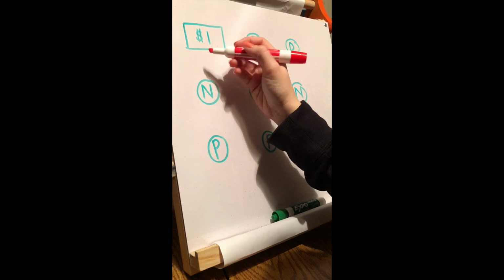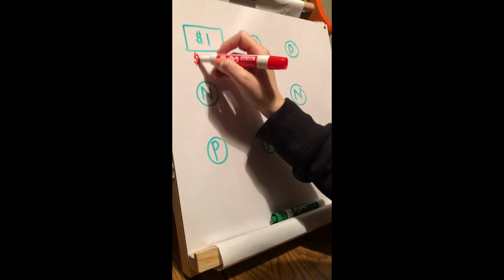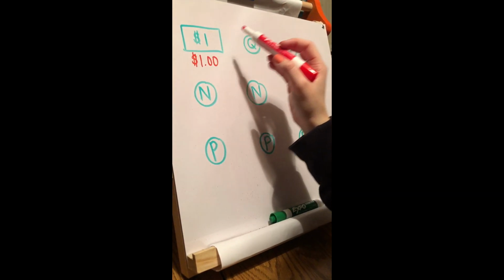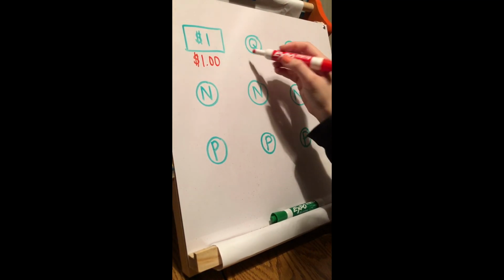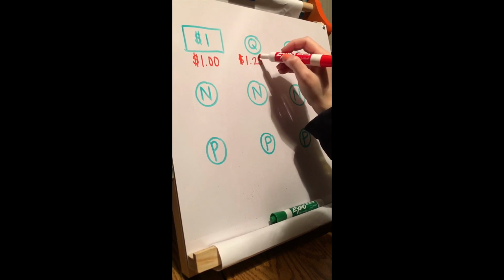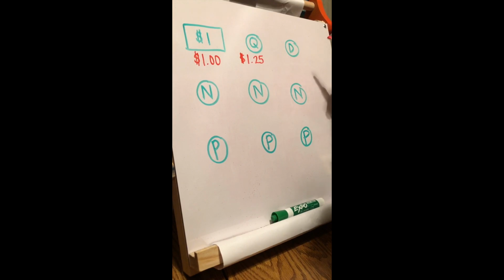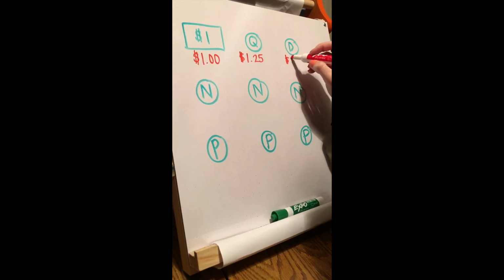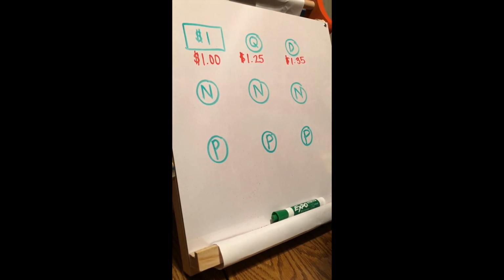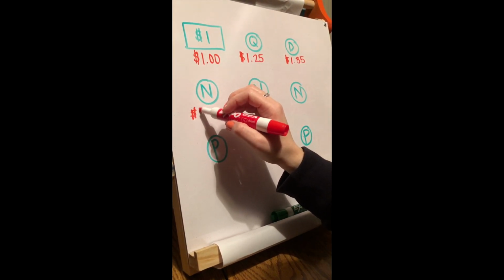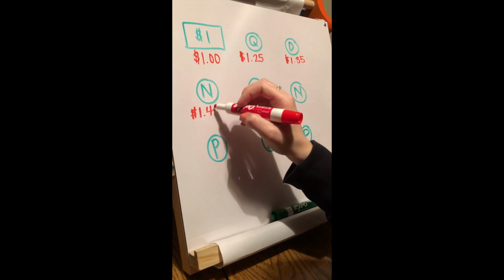So if we have a $1 bill, we have $1. If we have a $1 bill and we get a quarter, we need to count on 25. So we have $1.25. The next coin that we have is a dime, and we know that a dime is worth 10 cents, so we will add 10 more cents, so we'll have $1.35. Then we have 3 nickels, so this is where we can count on 5 fives, so we have $1.40,